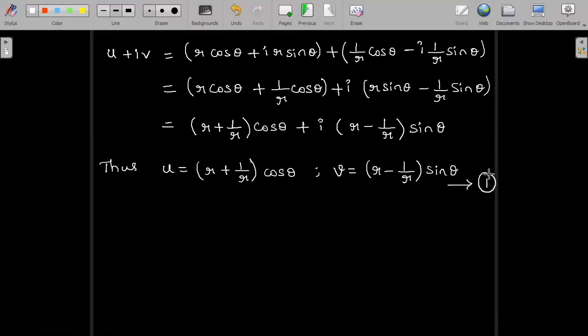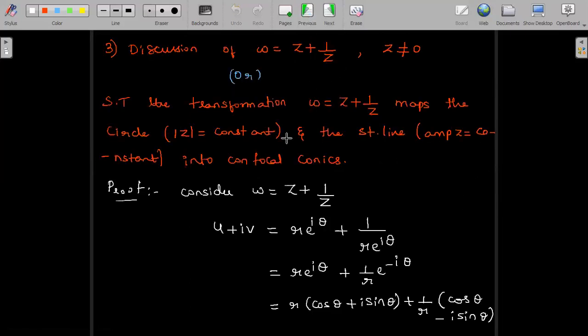Now we need to discuss the two cases as mentioned in the alternate form of the question. That is, we need to discuss mod z is equal to constant, and recall from the theory we had already talked about mod z is nothing but R, in the polar representation. So we have to take mod z is equal to R equal to constant, say constant A can be taken, or say C1, anything can be taken.